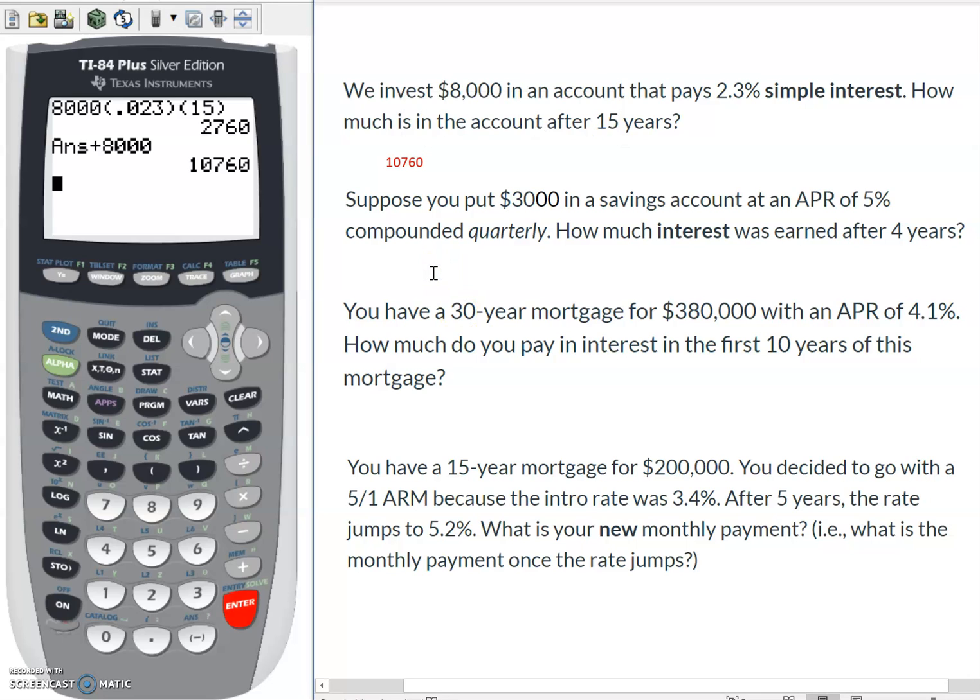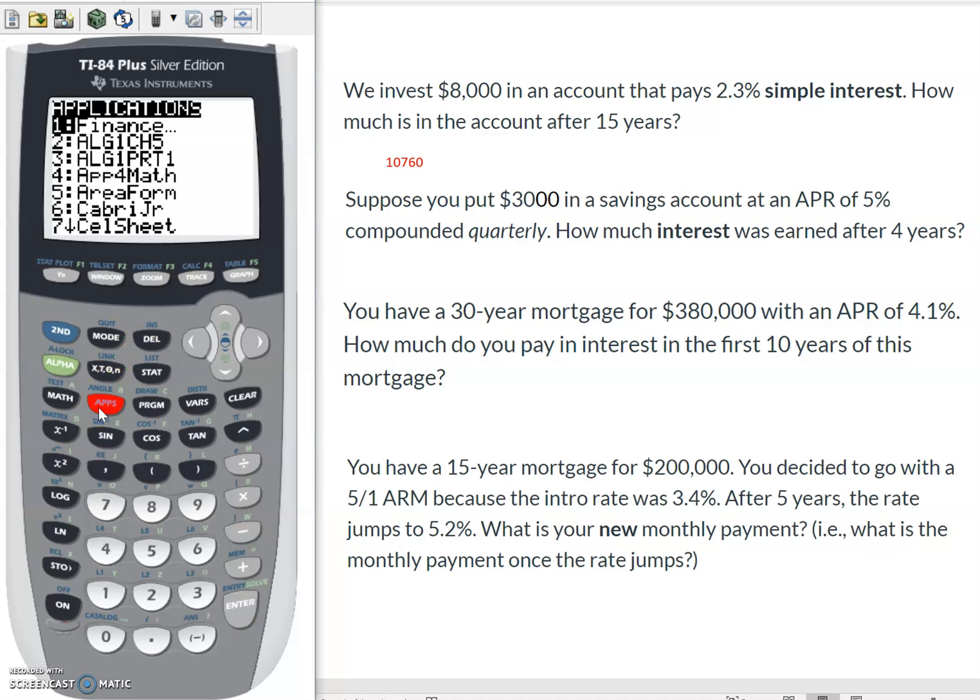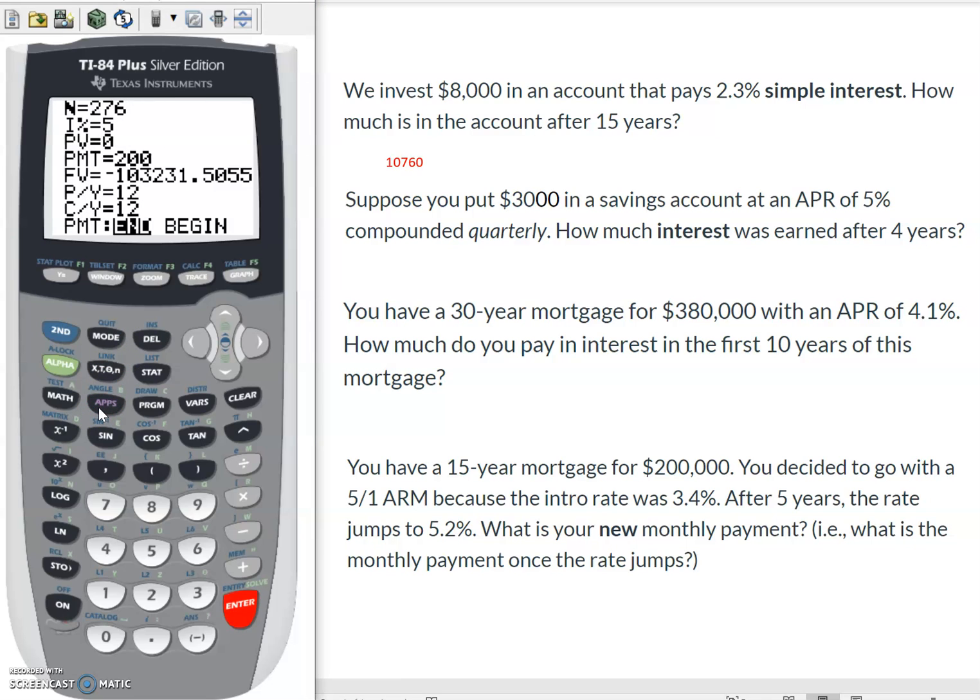For the next one, we've got 3,000 in a savings account. The biggest thing on this one is that it's compounded quarterly. So if you went into the TVM Solver, which I think a lot of folks did, and we said, okay, we're earning interest over 4 years, I think here's the biggest problem. We did something like 4 times 12 because we're so used to monthly compounds. That's not actually the case, right? We're not going to compound 48 times. We're actually only going to compound 4 times 4, 16 times, because we're doing this quarterly, so 4 times a